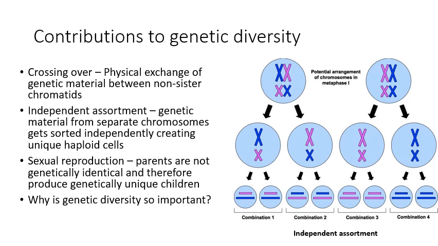When does independent assortment happen? It kind of happens all through meiosis 1 and meiosis 2. It just means that each of these chromosomes, as they're attached to the meiotic spindle, the spindle fibers all move independently of the other spindle fibers, which means that we can sort all of the chromosomes into different haploid cells. So independent assortment really happens all throughout meiosis 1 and 2, would be the best answer, I guess. And then sexual reproduction, that's going to happen during fertilization, when we have 2 different haploid cells coming together to make a diploid cell.